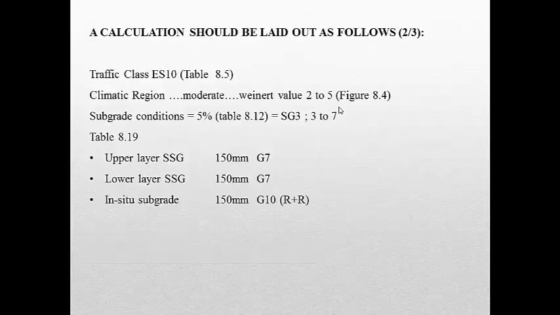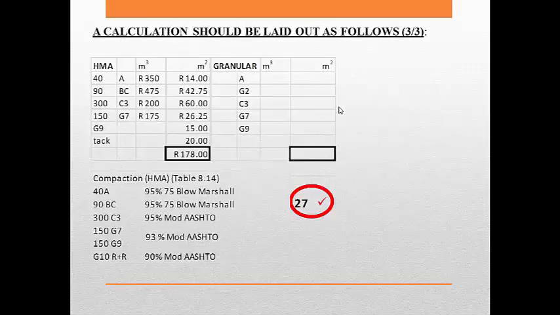We then identify traffic class, climatic region, our subgrade conditions, and finally, we identify all the applicable catalogues as per the scope of the question, and we price, we make a final selection, and that final selection, we add on